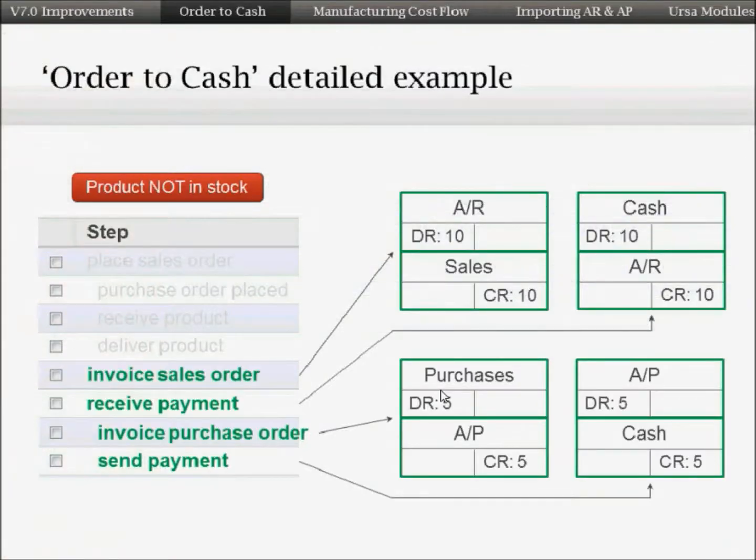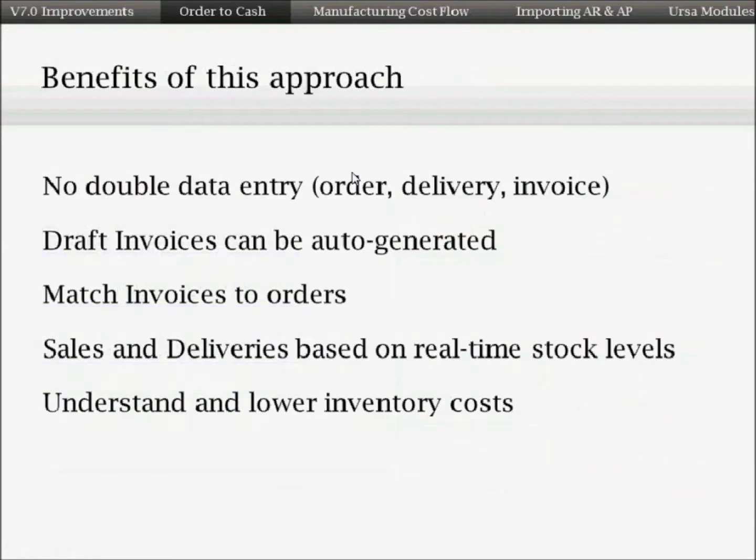So the $5 credit to cash, representing that we've had $5 leave the company, and a $5 debit on our accounts payable account. So again, the scenario that you saw was a little more detailed than the first scenario. It involved invoicing for the sales order from the customer and receiving payment,